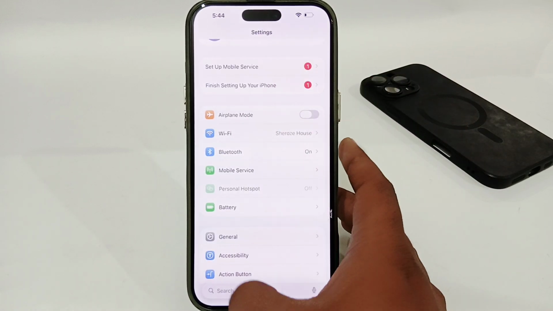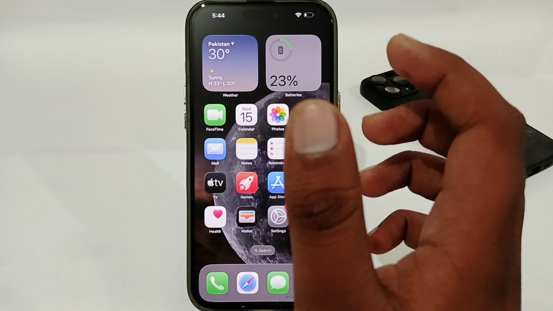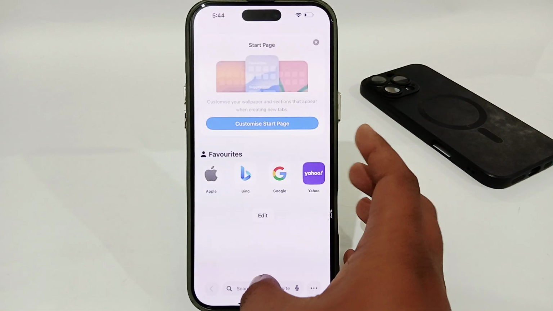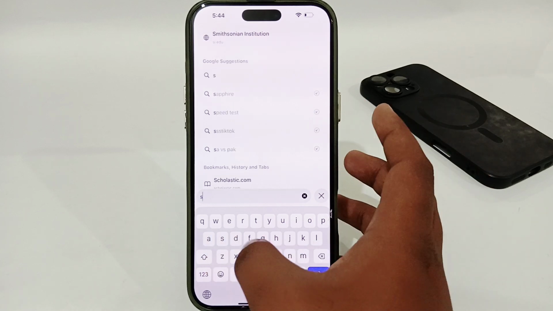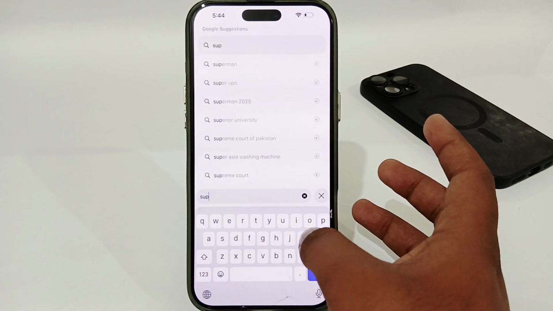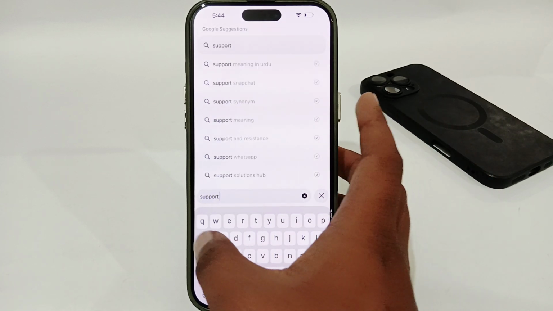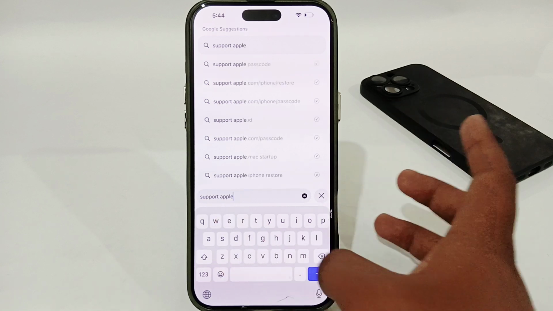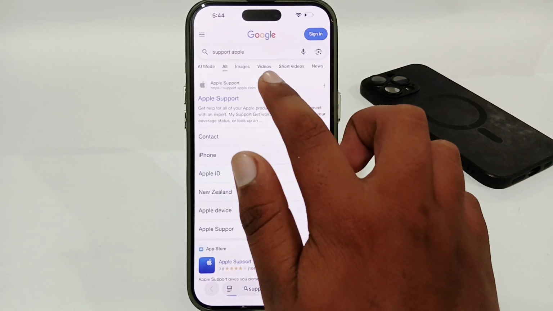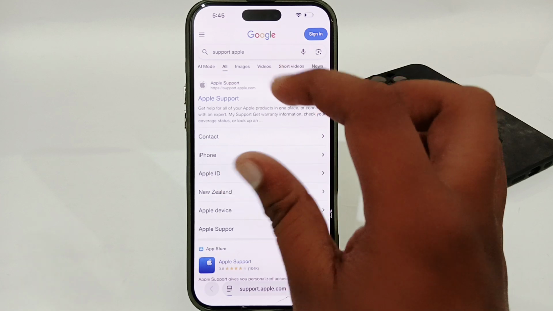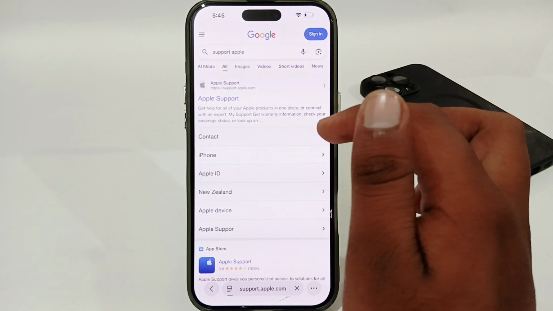Or if you're still having the same issue, you have to contact Apple support. Open the browser, search for support.apple.com, or you have to search for Apple support here and open the first website here. Here's the Apple support. You have to open this first website,